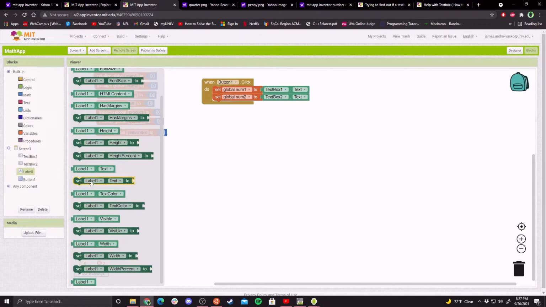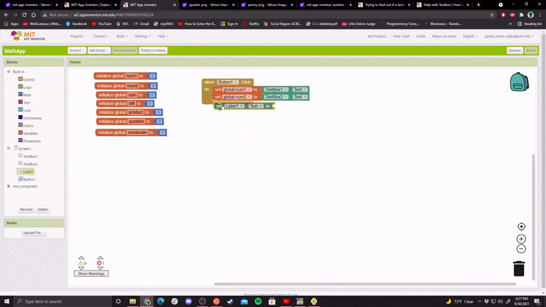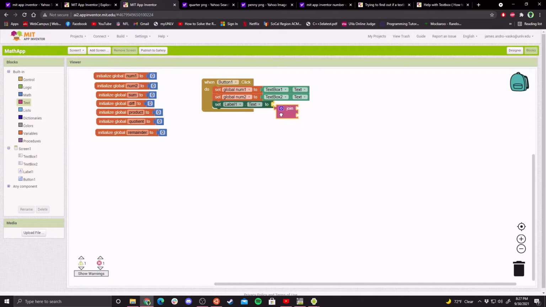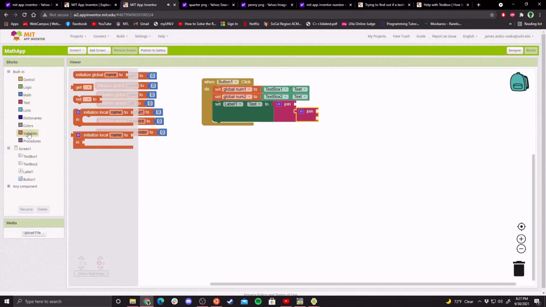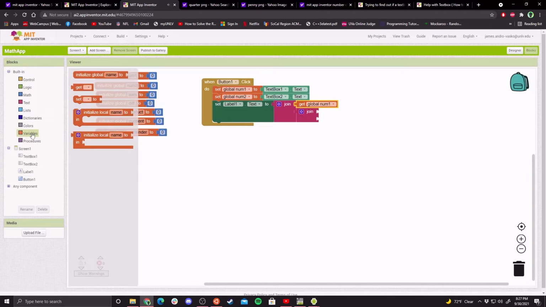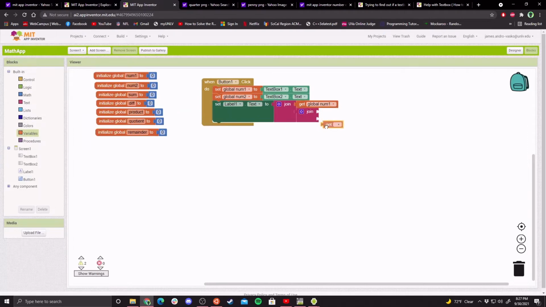And I'm going to set its text. I'm going to set it to text, and I'm going to use this join. I'm using another join again, so I'll go over what join means in a second. So I'm going to take the variable get num1, another variable get num2, and then for my text,